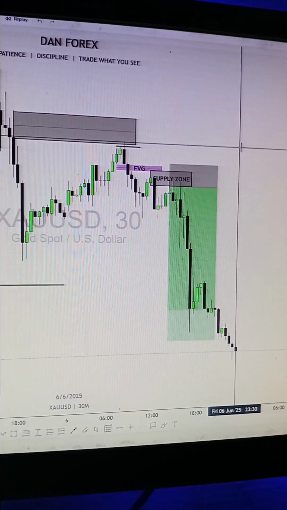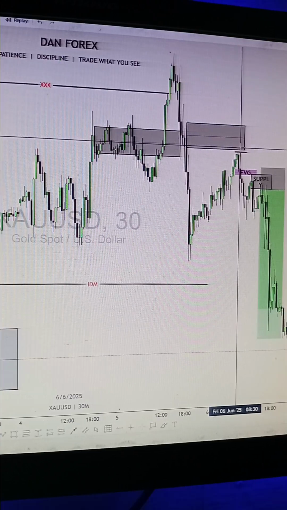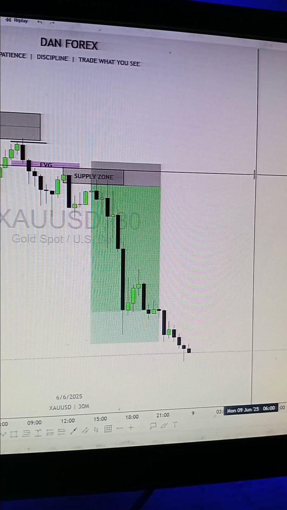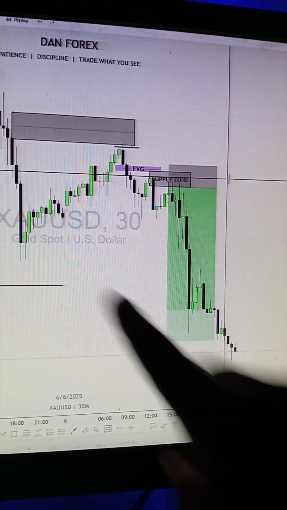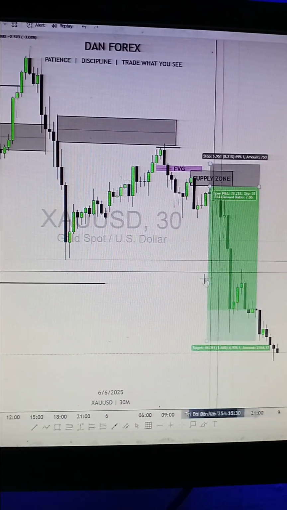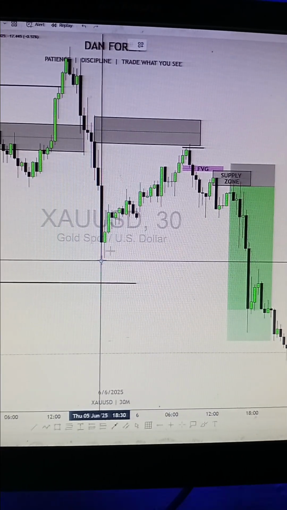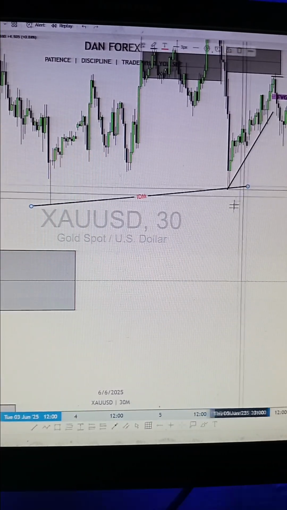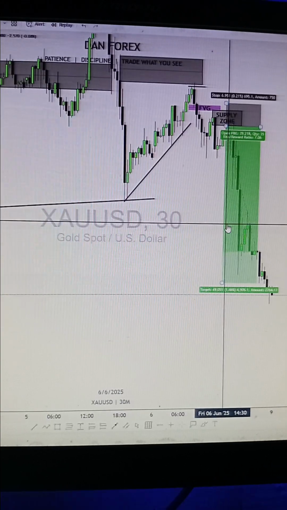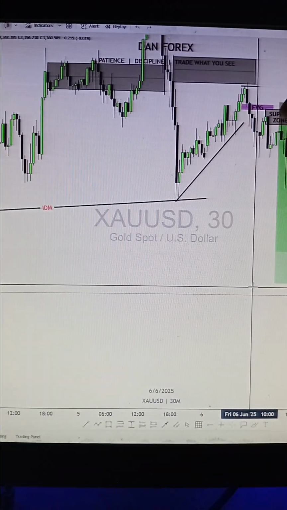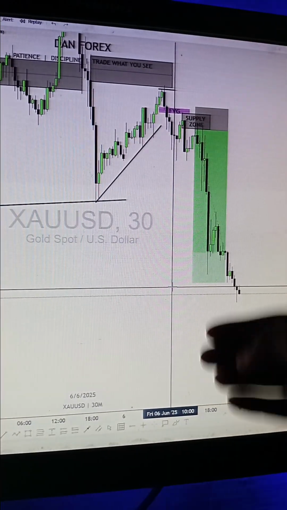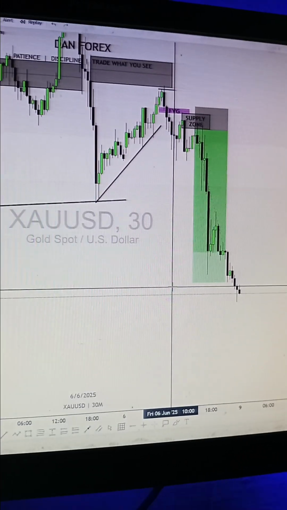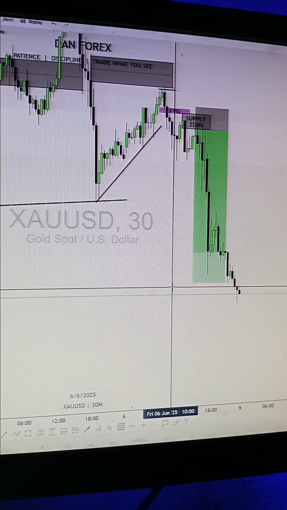So that is it on gold. That's how we managed to catch some sales. That's why we were very confident that we had some trend line liquidity here, which was supposed to be swept there, and we have some inducement here, and we have liquidity here. So that's why we were very sure this market was going to drop, and that's how we trusted our analysis and had some sales.